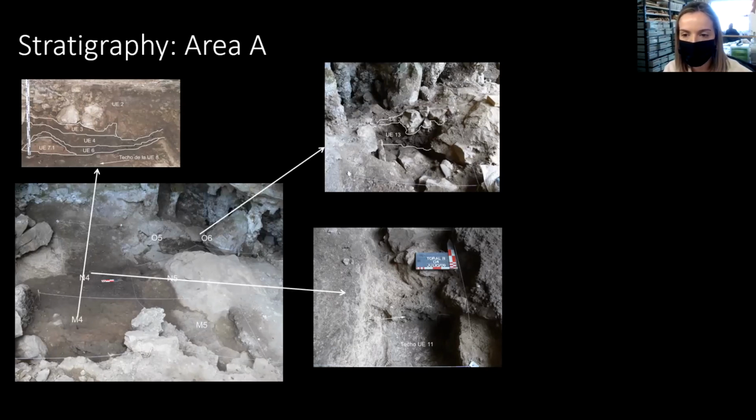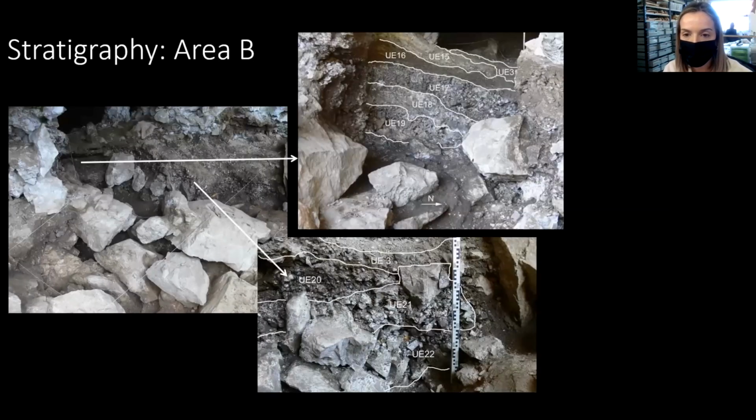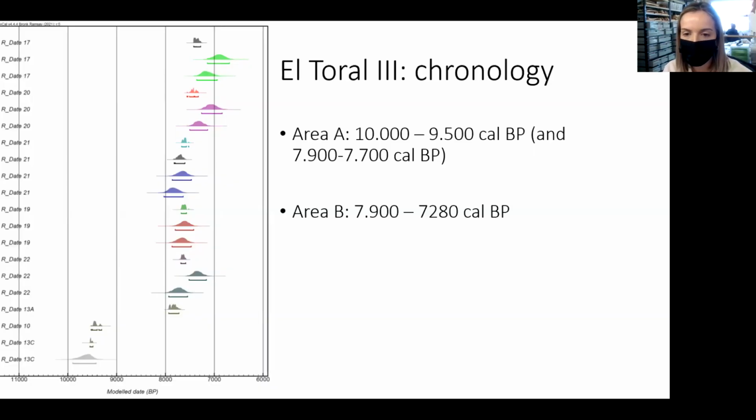In Area A, units 10 and 13 were identified as in situ. In Area B, units 17, 19, 20, 21, and 22 were also in situ and showed relatively good preservation. Shell-midden stratigraphic units of Mesolithic age produce a variety of materials, including mollusks, mammal, fish and bird bones, lithics, charcoals, seeds, and human remains. Radiocarbon dates and material culture showed the use of the site for long periods of the Mesolithic and also as a burial place in later times,